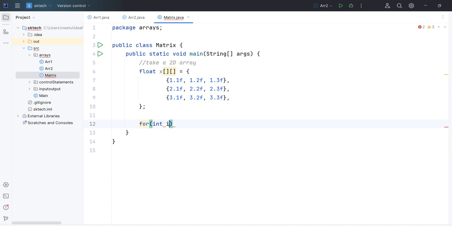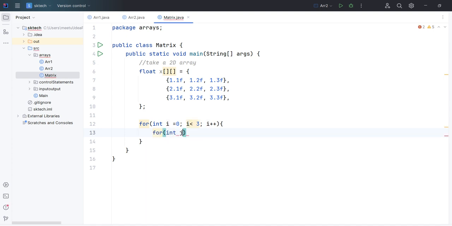Let's write int i = 0, i less than, how many rows are there? 3. So let's give the value as 3, and then i++. Basically, to print a row, we have to take one row, and inside one row how many columns are there? 1, 2 and 3. So we'll write another for loop to represent the column value.